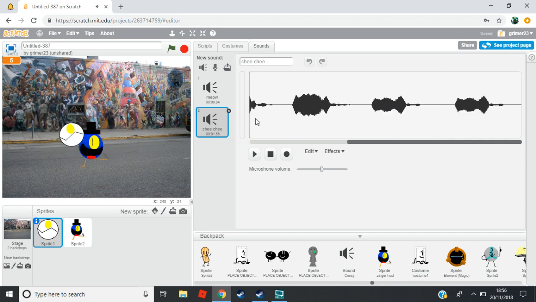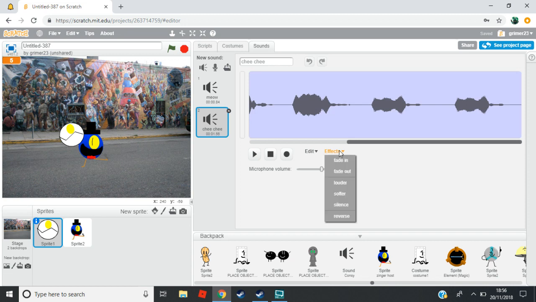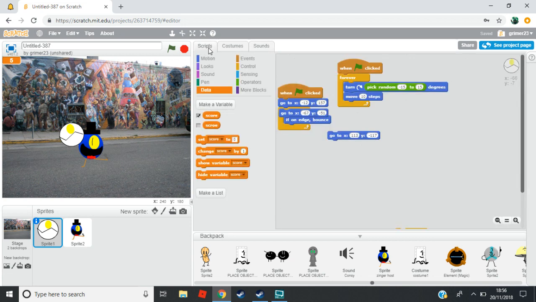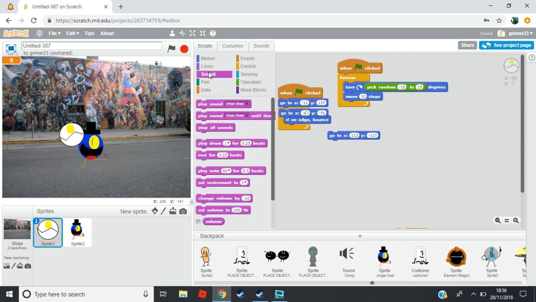You can test all the sounds if you would like by clicking the select all button. Fade in, fade out, louder, softer, silence, and reverse. But we're not going to do that in today's tutorial. We are going to just do